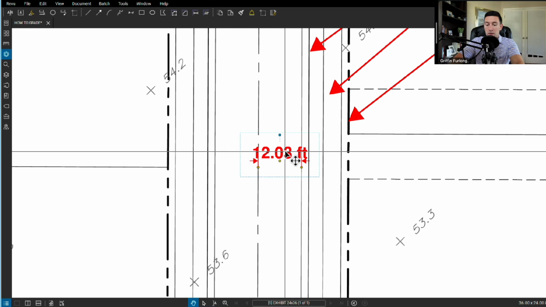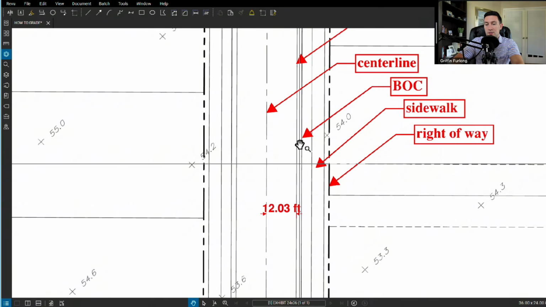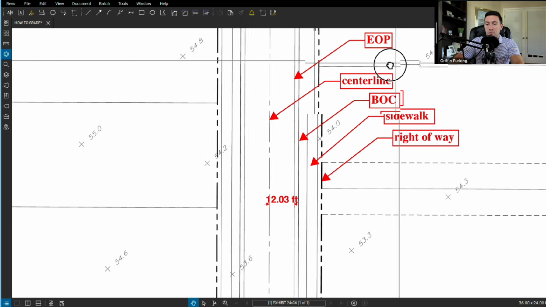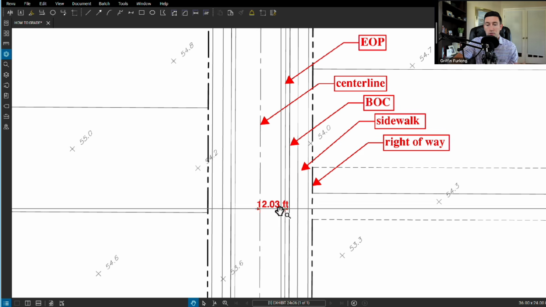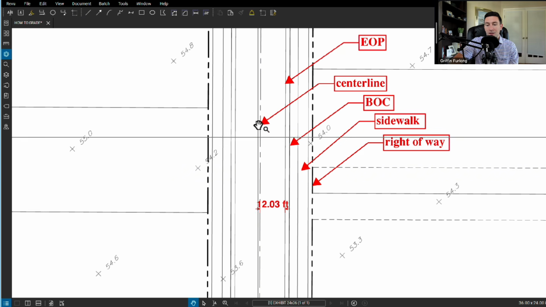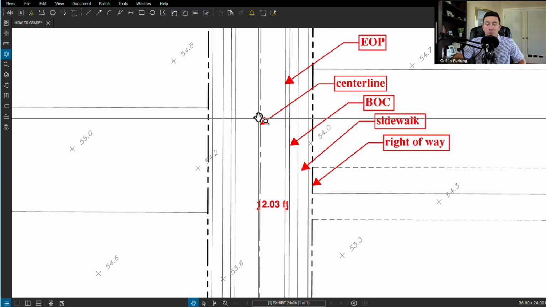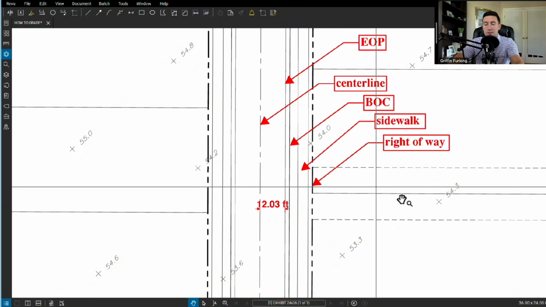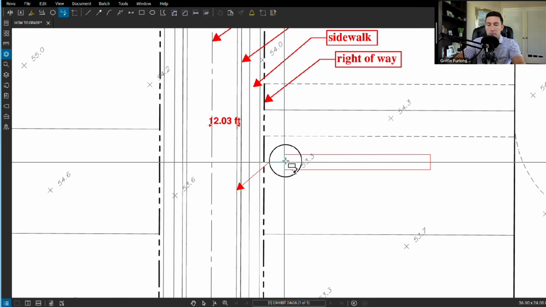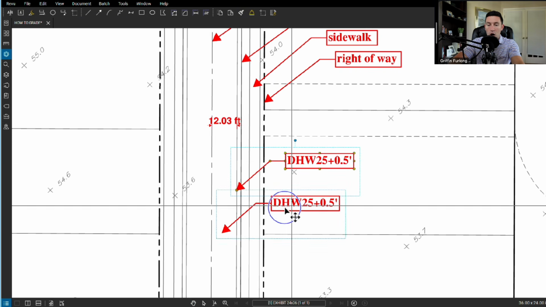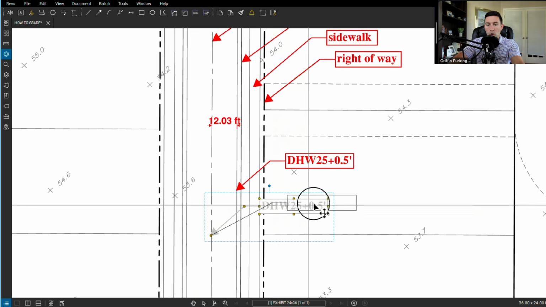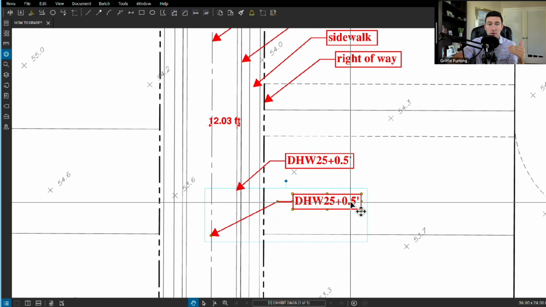Well, if my minimum edge of pavement grade is the design height 25 plus half a foot, I know that typically we slope the cross slope of the road 2%. That means my minimum center line has to be the design height 25 plus 0.74. So again, that point right there equals design height 25 plus half a foot. And again, since it slopes up to the center line, or away from the center line, at 2%,